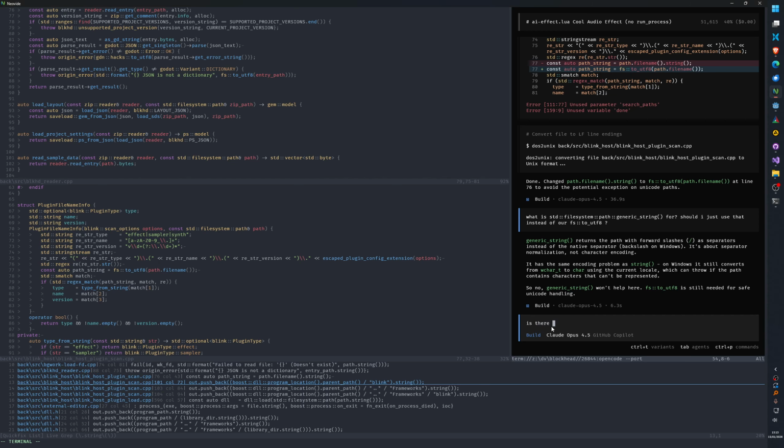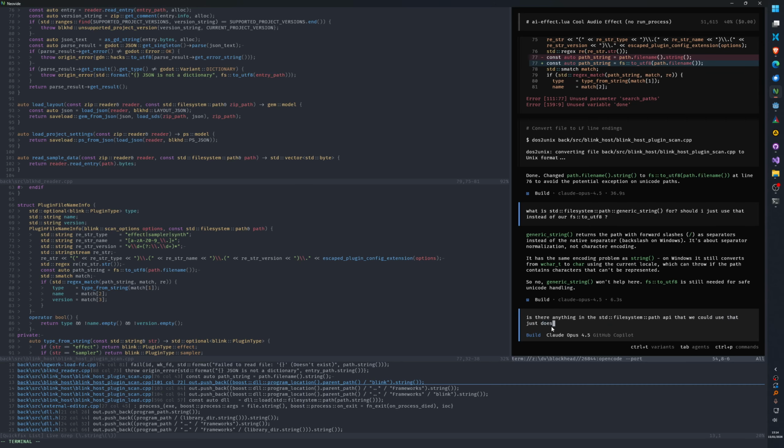Is there anything in the standard library that does the right thing instead of having to use it?